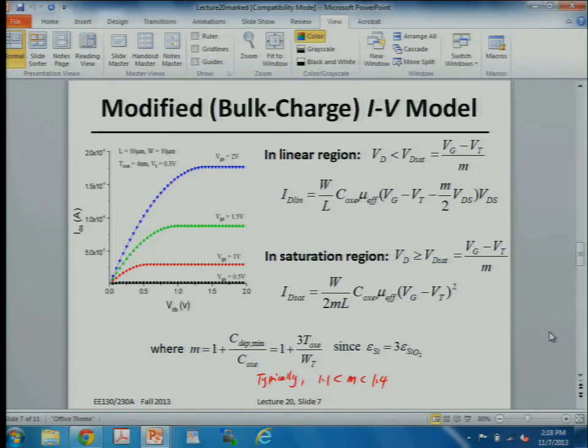VD sat, that's true. So the voltage right at the pinch-off point, this is an important thing to remember, is VD sat, which is equal to VGS minus VT, and it's less than that because of the body effect factor. Okay, so now in the saturation regime,